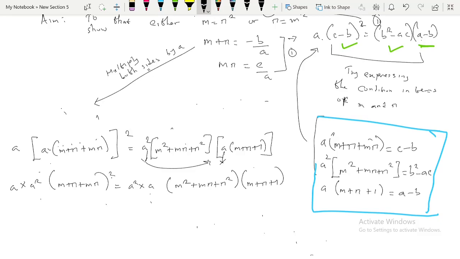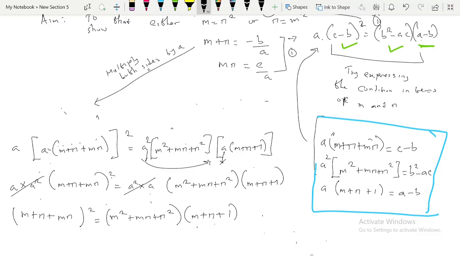So you can see a cube on both sides. So this goes out because a is not 0. It's very important, otherwise the equation is no longer quadratic. So we have this into,